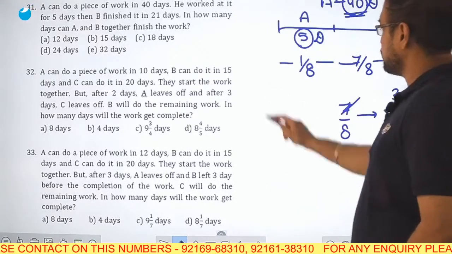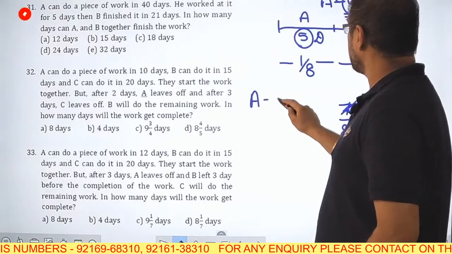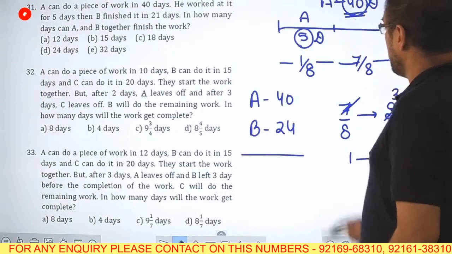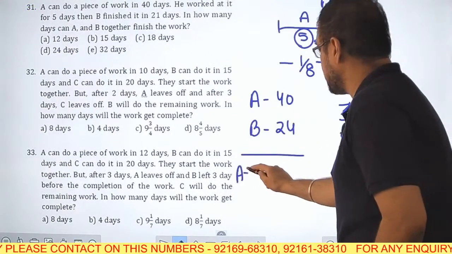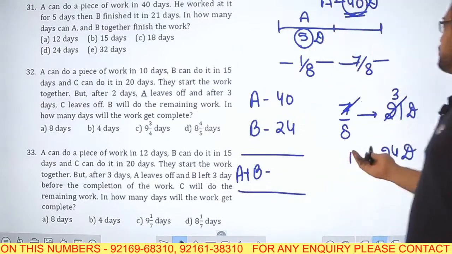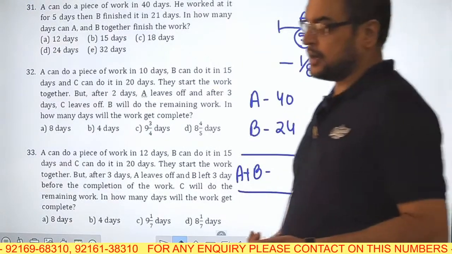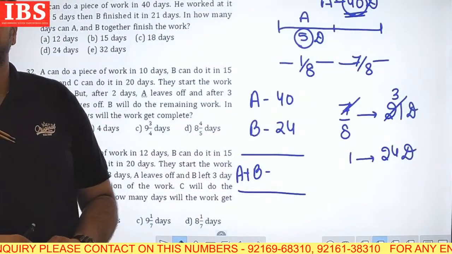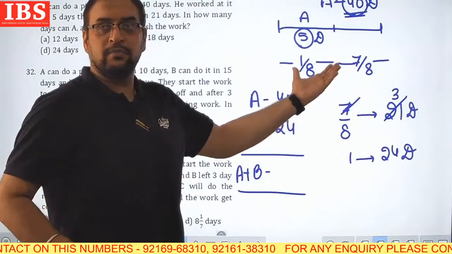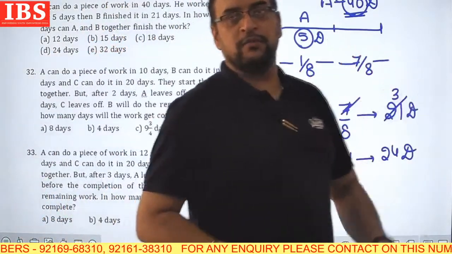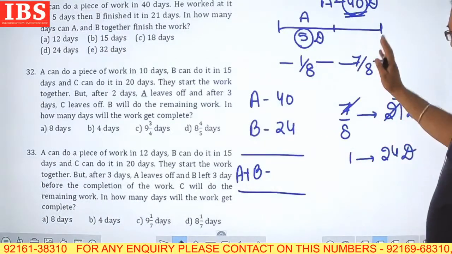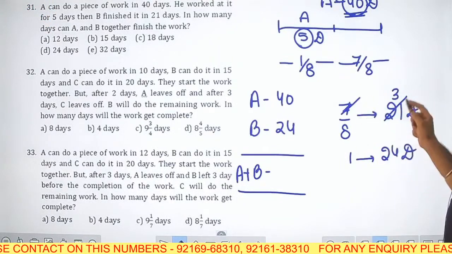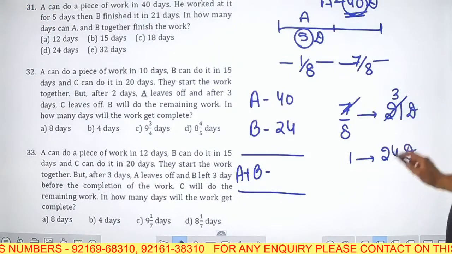So the question now comes to this point: A does the work in 40 days, B does the work in 24 days, and A plus B do the work in how many days? This is a much simpler approach than that. Sometimes the LCM approach is better, but sometimes the part of work done is complete: 1/8 is done and the remaining is 7/8, and 7/8 will be done by B alone in 21 days. So 7/8 takes 21 days, so 1/8 will take 3 days, so 8/8 will take 24 days. So the complete work will take 24 days.